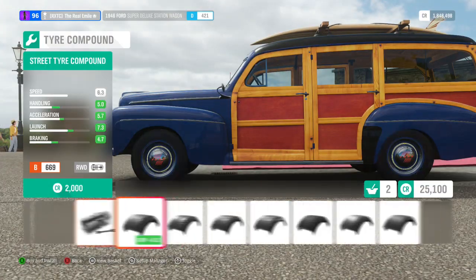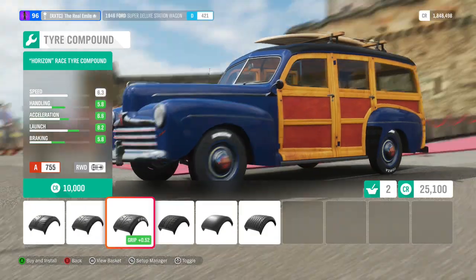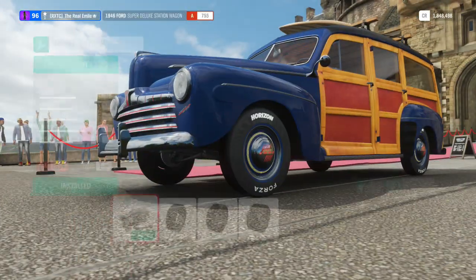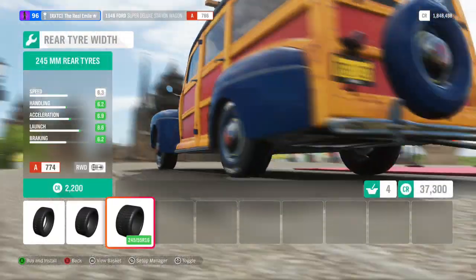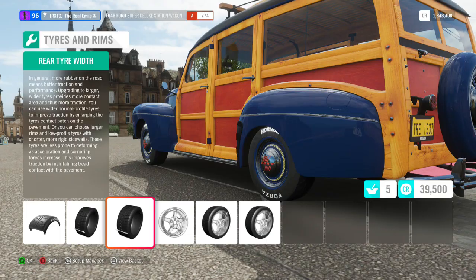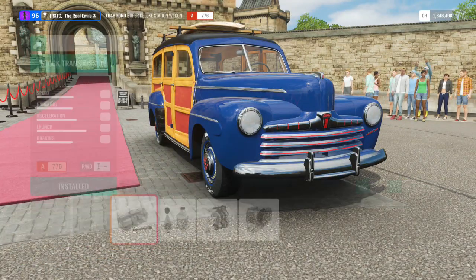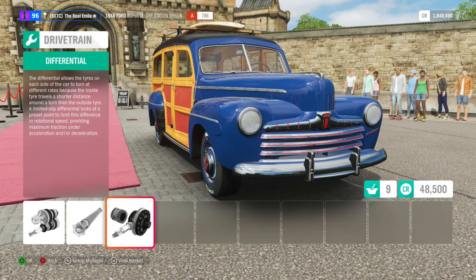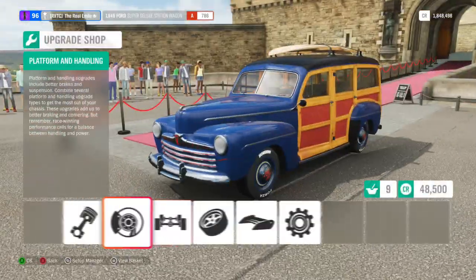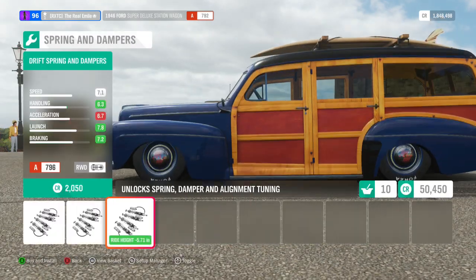Right, important stuff now, tyres. Does this come... Oh, it does have the vintage racing compound. Completely useless tyres. But no, we're going to want the normal Horizon race tyres. 245s on the front. Okay, I'm fine with that. And not so fine with that. I'd kind of like bigger tyres on the rear if I could, but there you go. I'd also like the ability to get some spacers on this so I can at least make some more room for it. Anyways, at least PI-wise, we're slightly stronger than the Acura was at this point, although that is to be expected. Of course, this is rear-wheel drive, which is a more...